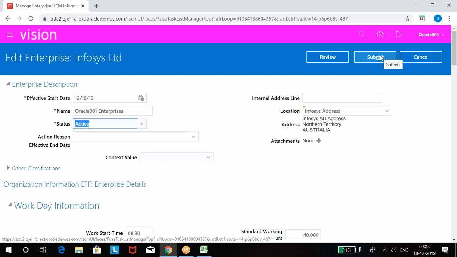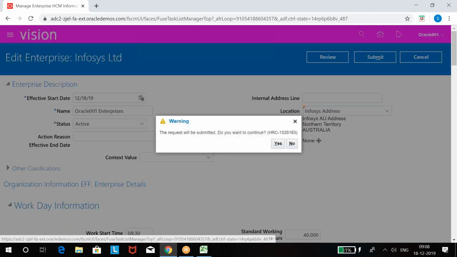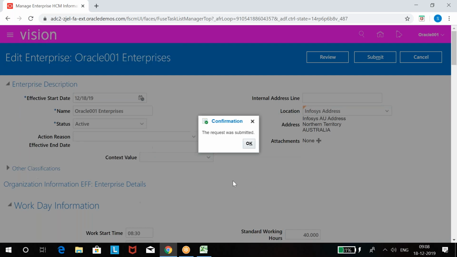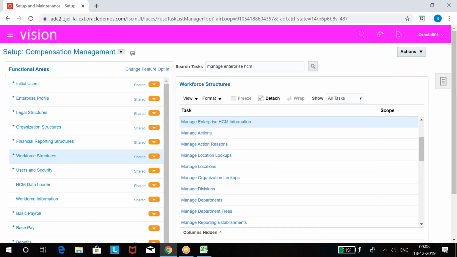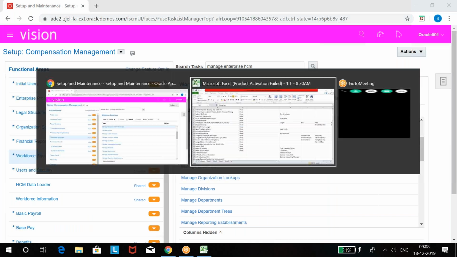Click on submit. Done. If you want, we can update, or else whatever name is there, you can leave it. Not required to update. Clear?